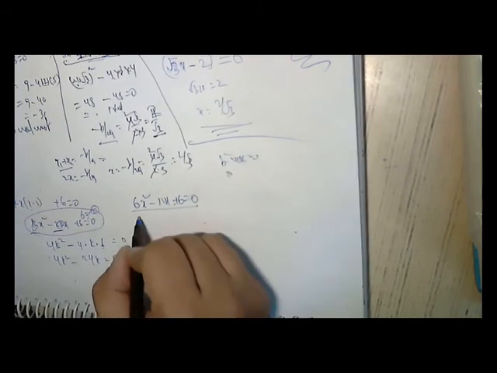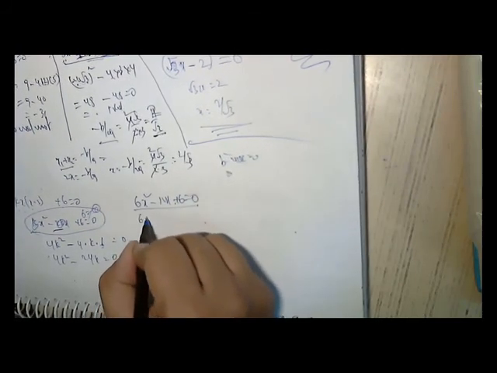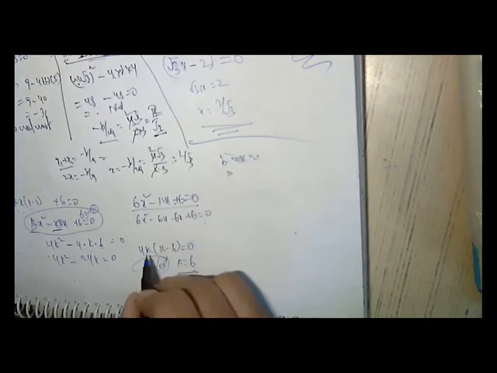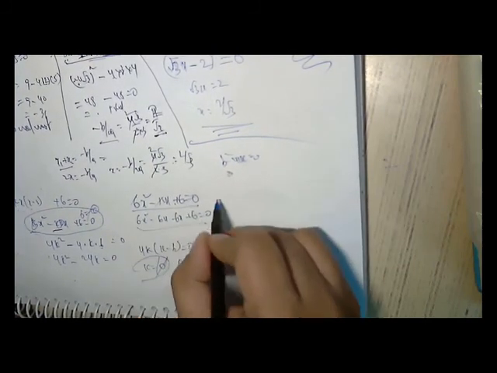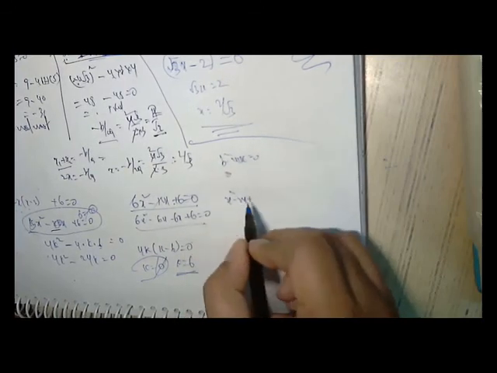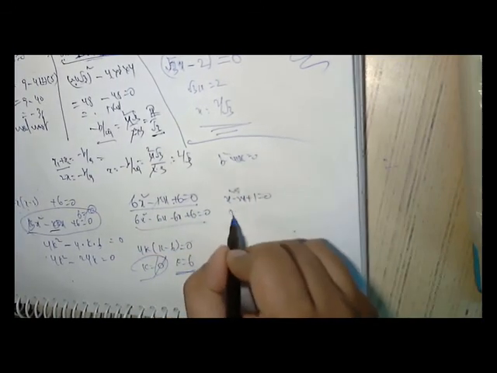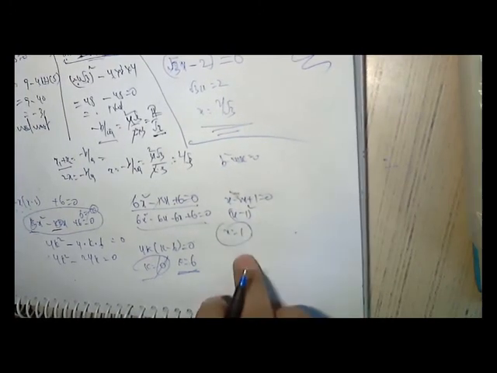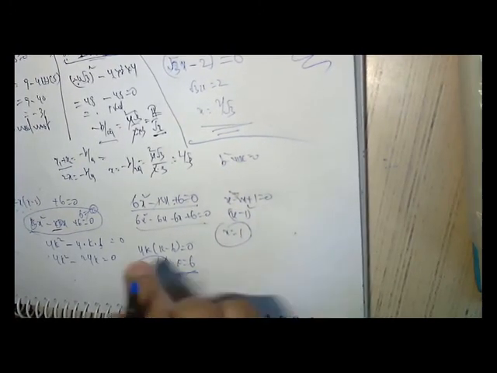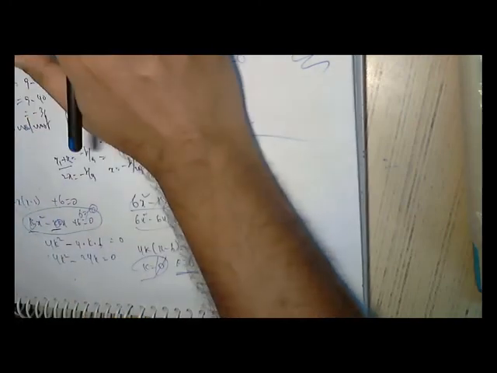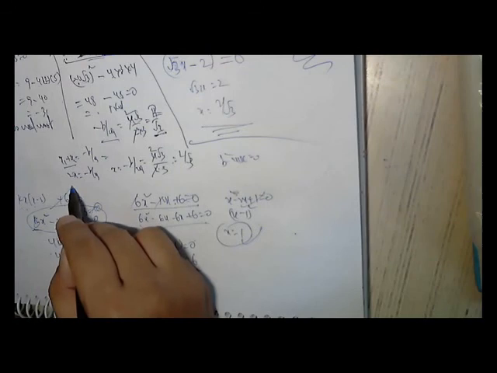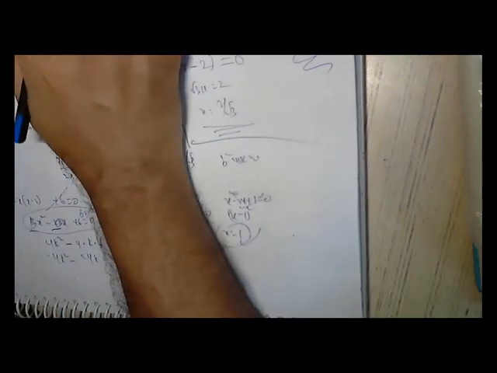Okay. So you have roots also. 6x square minus 6x minus 6x plus 6 is 0. All are 6, you remove 6 directly. It is x square minus 2x plus 1 is 0. This is x minus 1 whole square. So x is equal to 1, the root of this equation. So k is 6. This is a perfect square. Unless it is a perfect square, the roots are not equal.